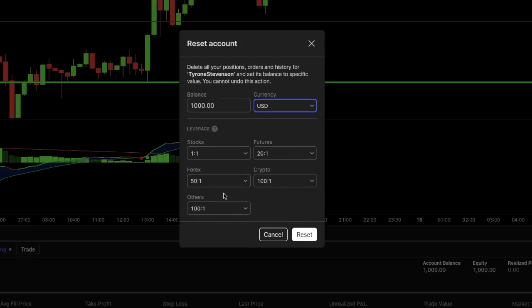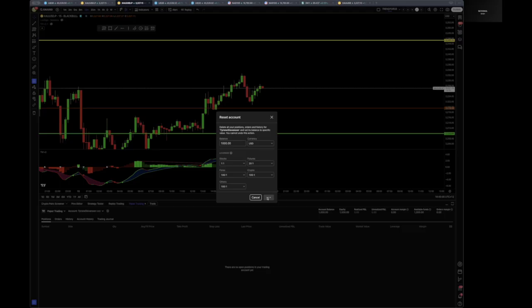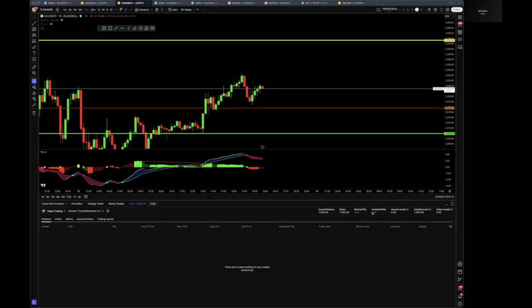So these will more or less mimic Black Bull settings. You might get a little bit more than that. But for now, maybe 100 to 1. And yeah, 100 to 1. That's good for now. So hit reset. Now we've got a fresh account, and so you can do that anytime. Obviously, if things go sideways and you want to reset it, then you're going to hit trade, and that is